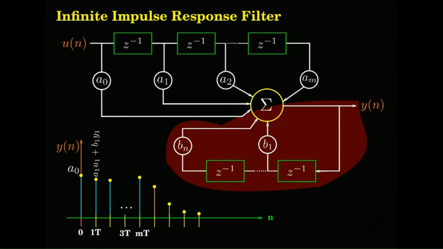But being exponential in nature, it's called infinite. There is no stop. You can't say the final end point. When n tends to infinity, the response will finally die down. So this is called an infinite impulse response filter in the signal processing literature. And again, I will say this is a digital system of a more generic nature.